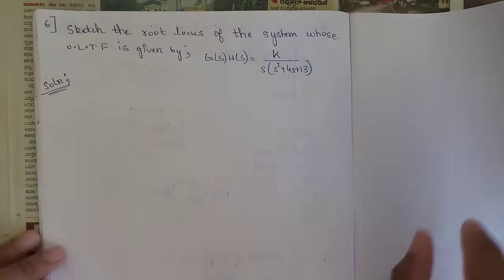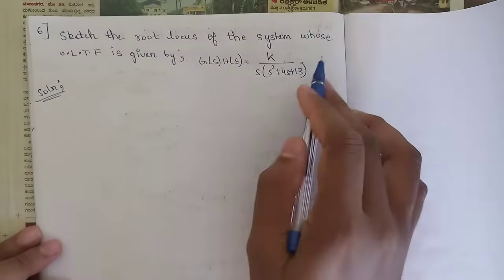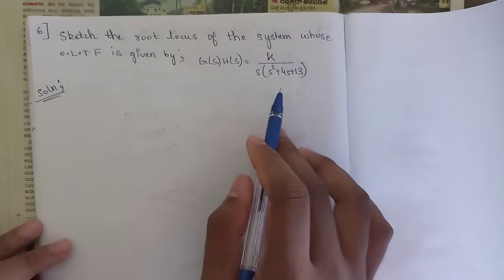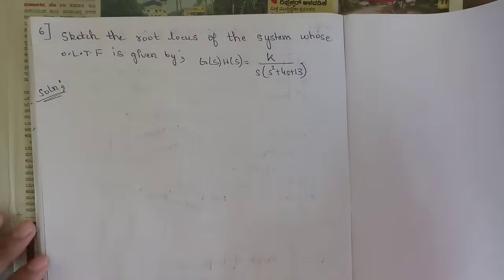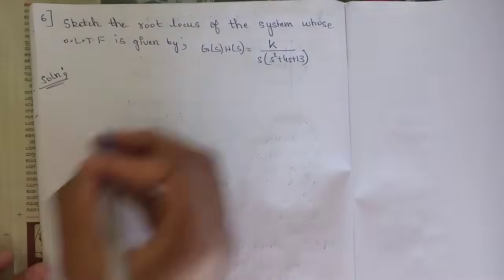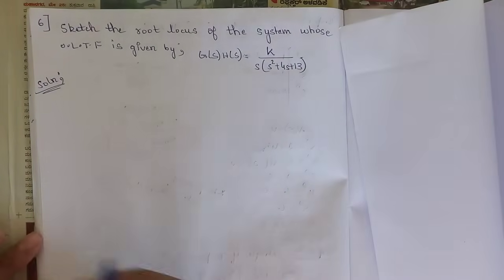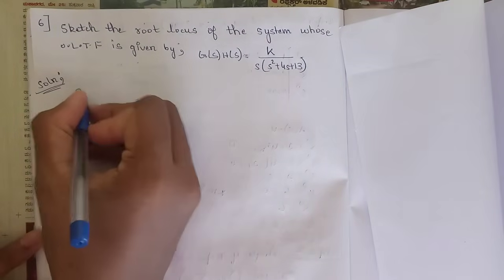So this was this problem here, so please refer this problem very carefully, this is a very important problem, that is sketch the root locus of the system whose open loop transfer function is given by k divided by s into s square plus 4s plus 13, okay. So this is the question here, so according to question let's solve it one by one, step by step. Let's solve it step by step,